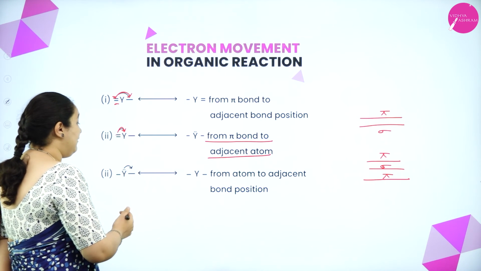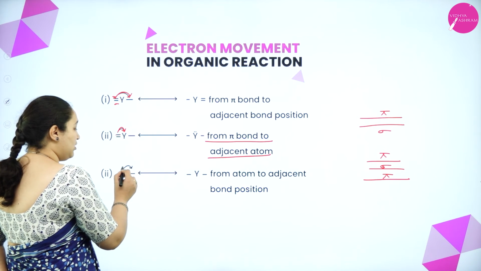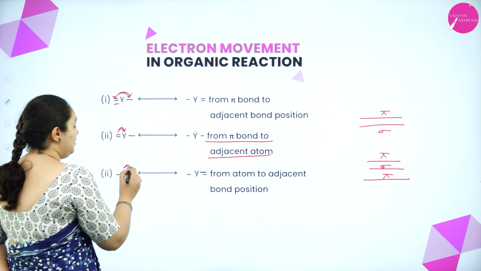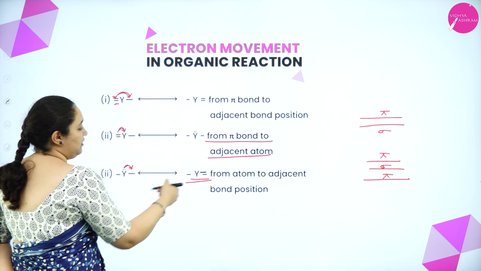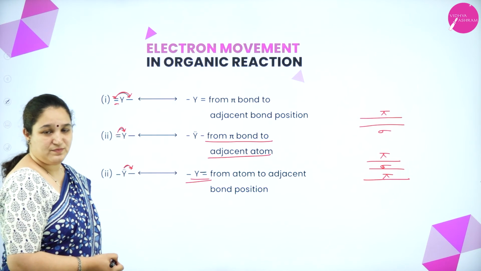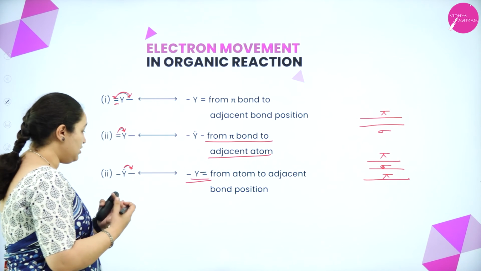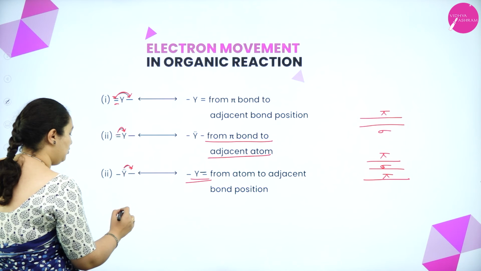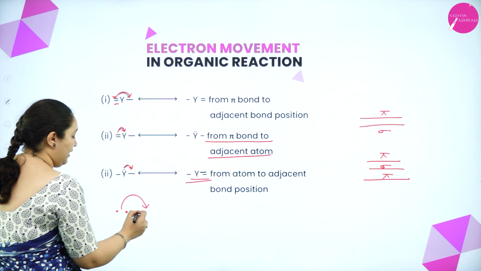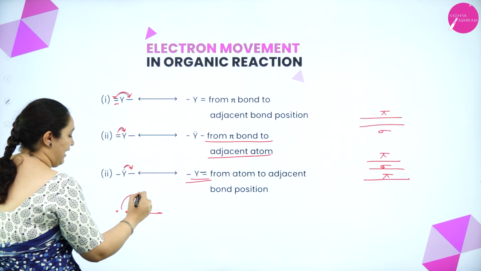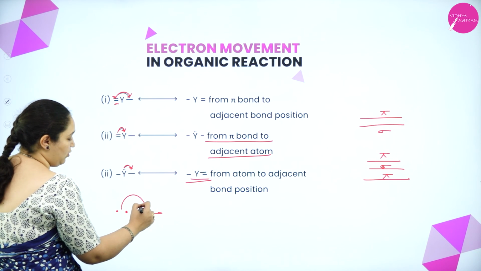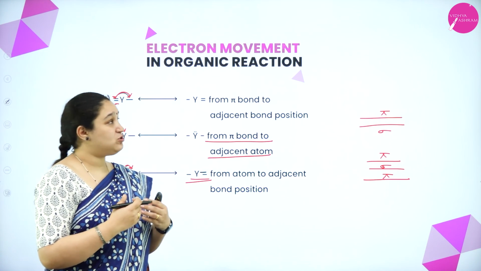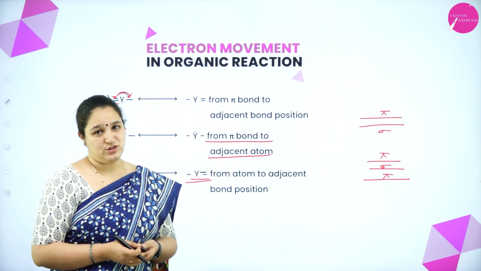Okay. Now, if there is a lone pair and it is forming a bond, then you have to show from the lone pair towards where it is going. From here to here it will go. So you can see it can be written like this. So, for movement of electrons, always remember if there is a lone pair like this, you show it like this. And here it is moving. So, from where it is moving towards where it is going, you have to show the head of the arrow. Okay, so this is how we show the electron movement in organic reactions.